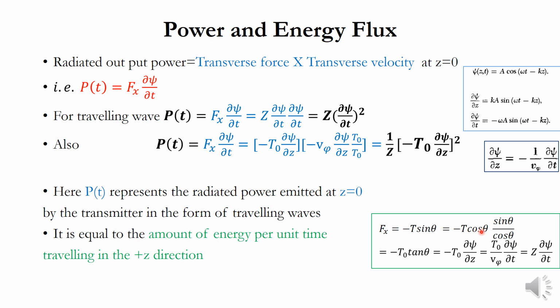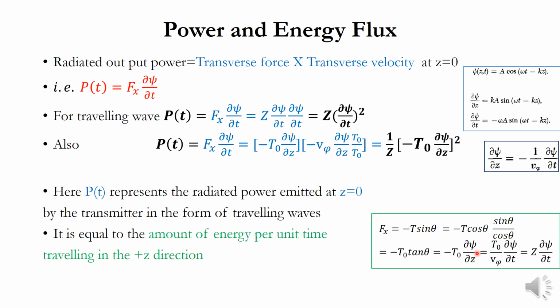This T cos theta is the T0 and sine theta by cos theta is tan theta, so that this becomes minus T0 tan theta, which is equal to minus T0 dou psi by dou z,